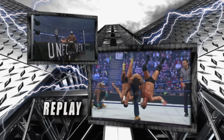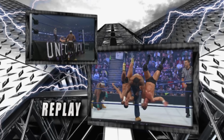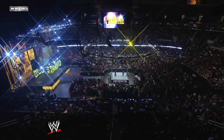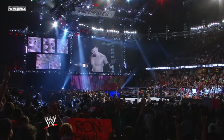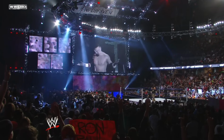Replay screens are filled with diamond plate and lightning, and really that's all we can ask for. I mean, this is elite stuff right here. Other graphics throughout the show utilize the same basic design. Now this is 2008. This is the HD era of set design, so you sort of know what to expect here. Lots of LED stuff with an offset Titantron, which I will say is a bit of a throwback